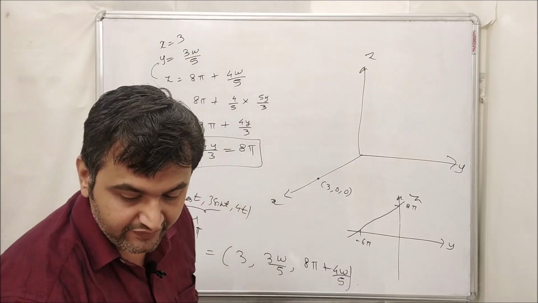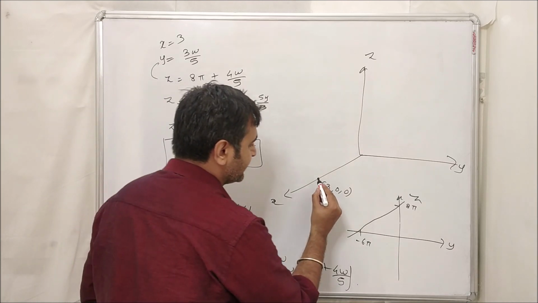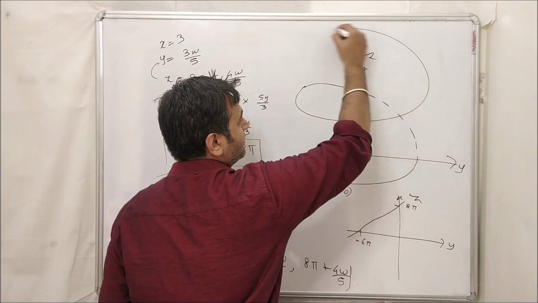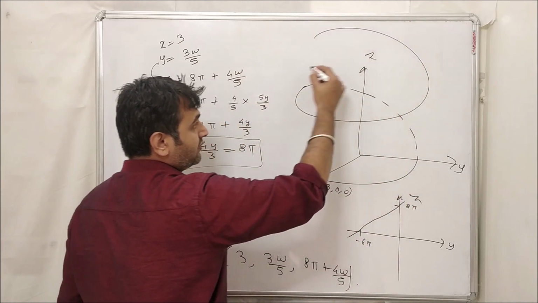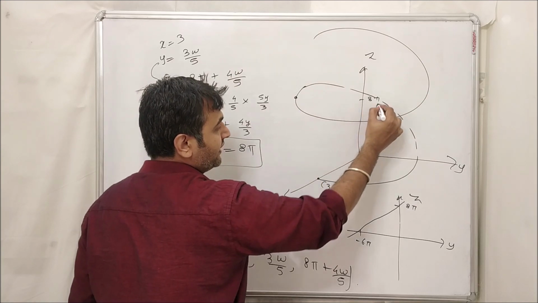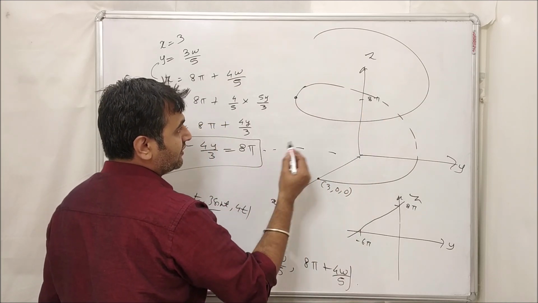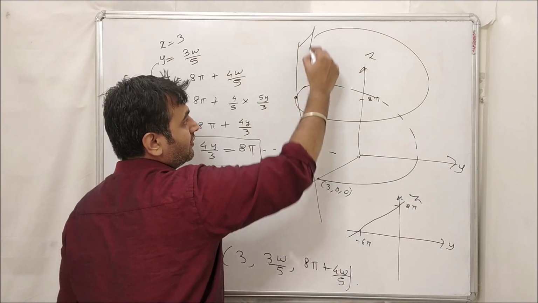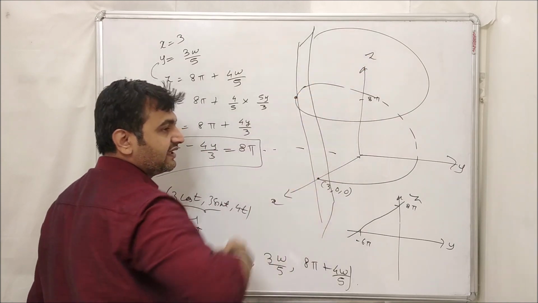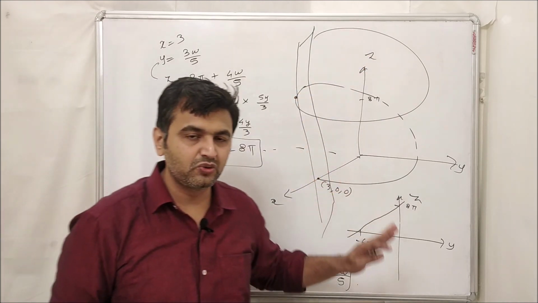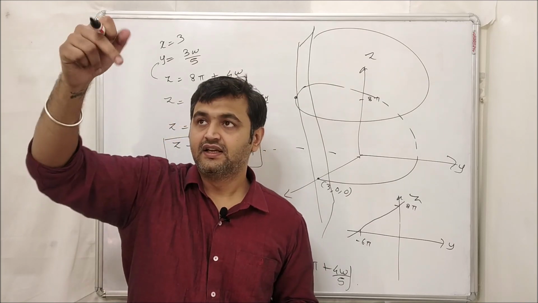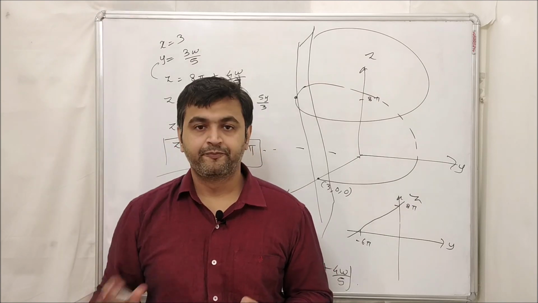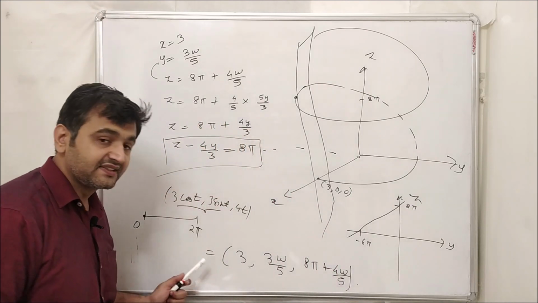Okay, so I tried to make sure that you can imagine things. If you couldn't, don't worry. If this is the helix you have, then after the first round it will come over here. So this is your z equal to 8 pi, and this is minus 6 pi. It will be difficult to draw. So this is your x equal to 3 plane, and in this plane that line will lie. The figure is not up to the mark, but I hope you realize you have a helix, take a point, and this is the tangent line in the x equal to 3 plane. This will help you to sketch the tangent line.